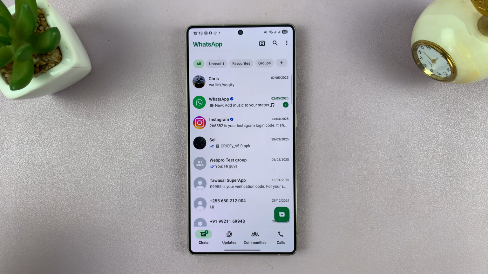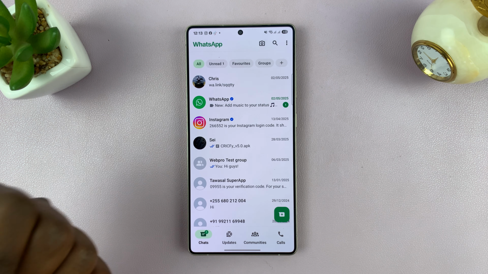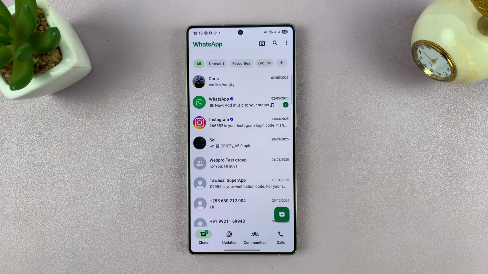In today's tech tip, I'll be showing you how to add your Instagram username or Instagram link to your WhatsApp profile bio. So this is very simple. It's a brand new feature, so make sure you're running the latest version of WhatsApp. So you might want to go to your respective app store. That's the Google Play Store for Android and the Apple App Store for iPhone users, and update WhatsApp to the